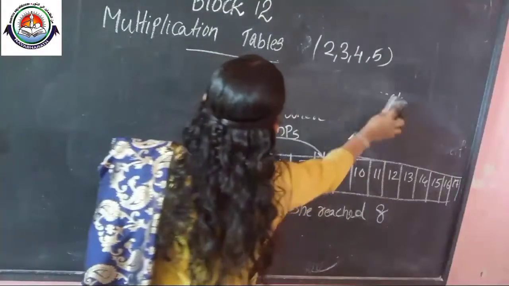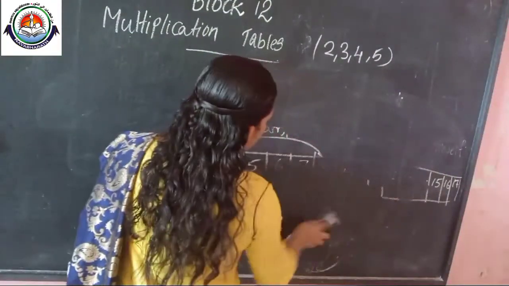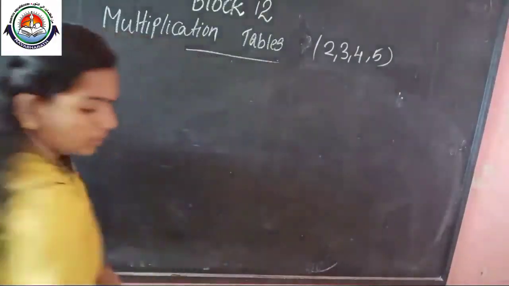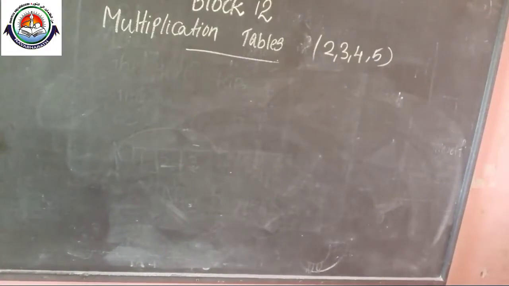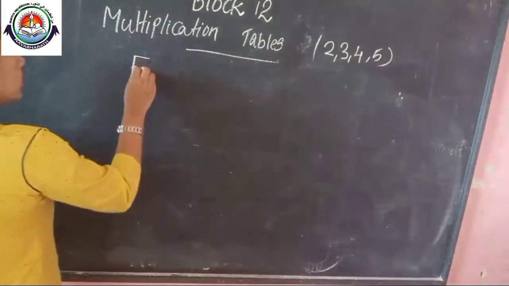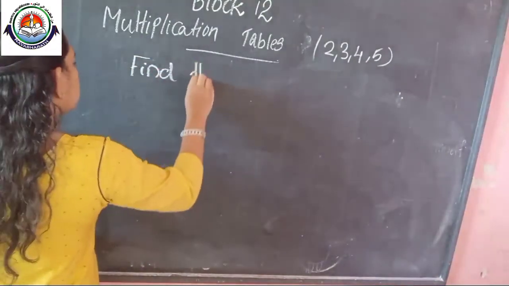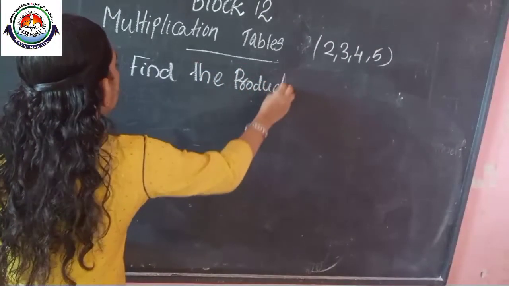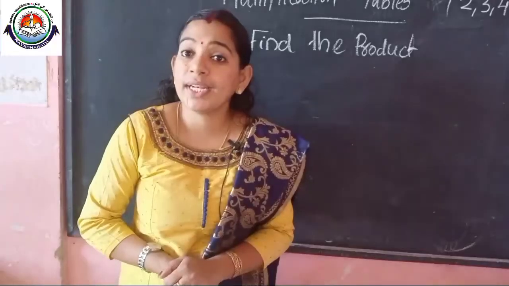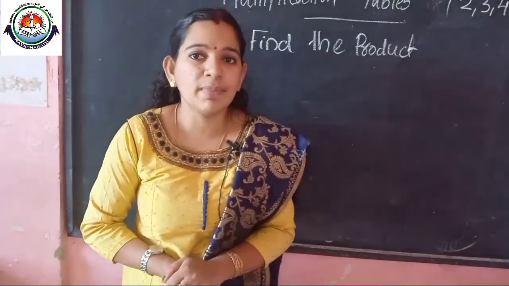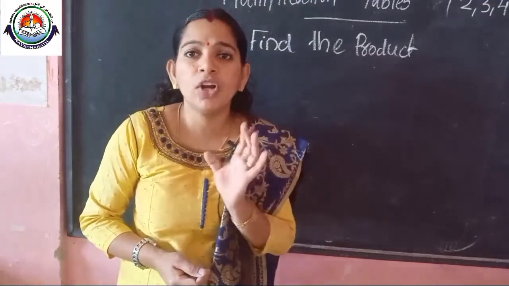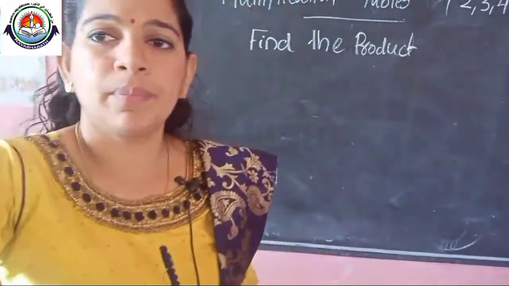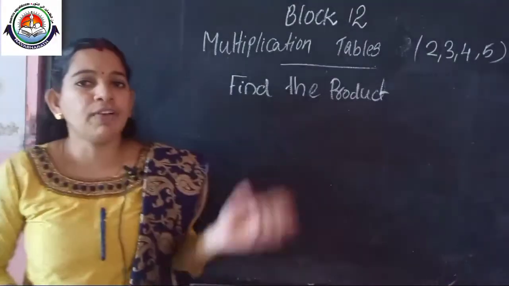Find the product of. What do you mean by product? Yes, the result of multiplication. Product is the result of multiplication. When we are multiplying, we got one result. That is product. It's clear? Okay, find the product of